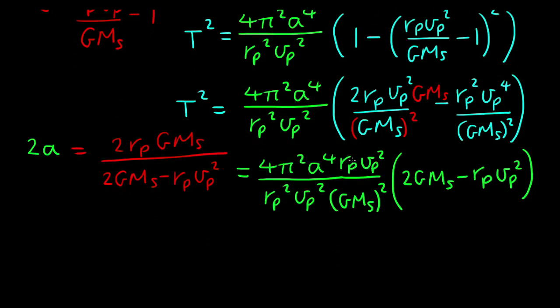So if we do some simplifications, rp cancels and vp squared cancels. And therefore the square of the period